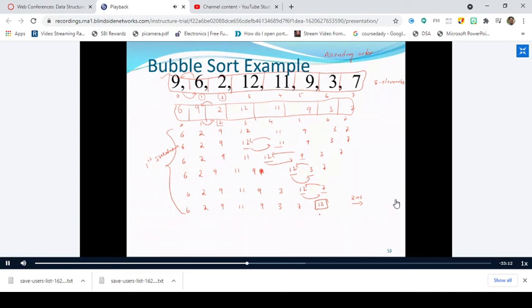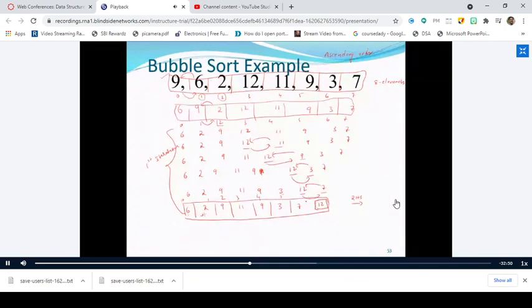Now you go for the second iteration. Again, start with 0th index and first index. So at the end of the first iteration, the list of elements that we got is in this manner, right? So this is 0th index, first index, second, third, fourth, fifth, sixth, and